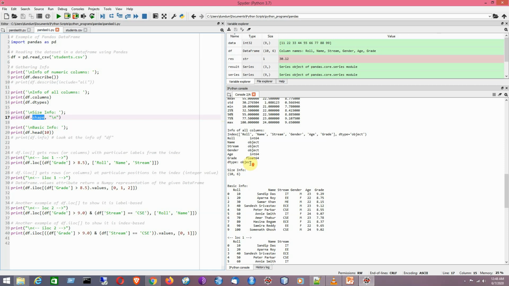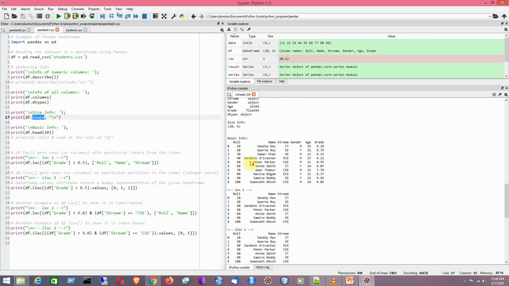Now we are going to get the basic information. For example, by using the head method, if I specify 10 elements here, since there are only 10 elements, but you can change the value, it can be 5 or any value that you put here.